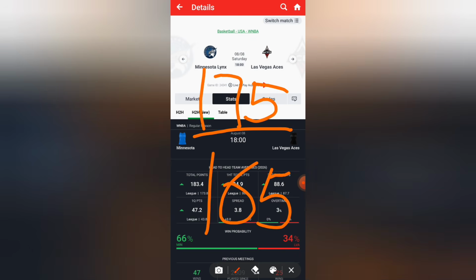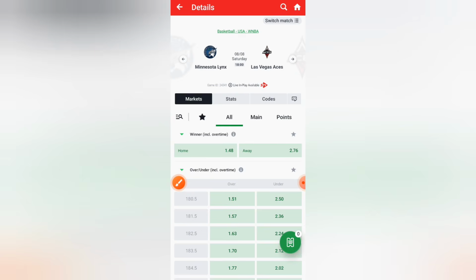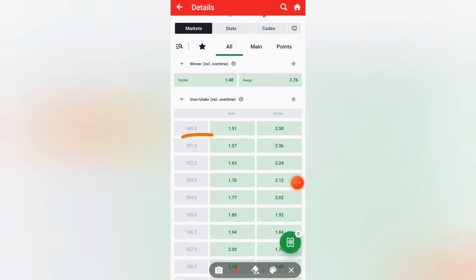If you check their smallest average point for the home team and the away team, I've made a video on how to get your risky line and the safe line actually. So this is the safe line, this is the risky line. The risky line is 175, and I subtracted 10 as I explained earlier, and I was able to get 165. Now see what the bookmakers are providing. The 180 happens to be the smallest.